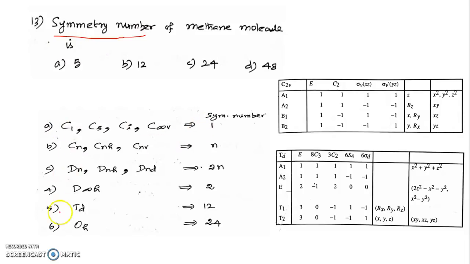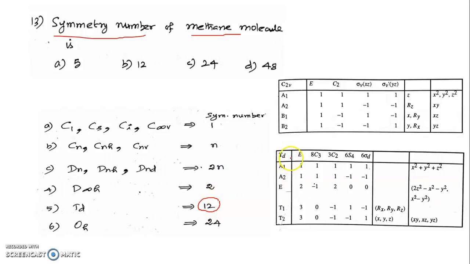Listen, this is the table. Actually, I have taken this table from a book written by Professor Swarnalakshmi, Professor Saroja and Professor Elilarasi of Guru Nanak College. Okay, so this table directly gives you the symmetry number. So using this table, you can predict the symmetry number directly. Listen, the methane molecule belongs to the Td point group. For the Td point group, the symmetry number is 12. Now we have to understand what this 12 actually is.